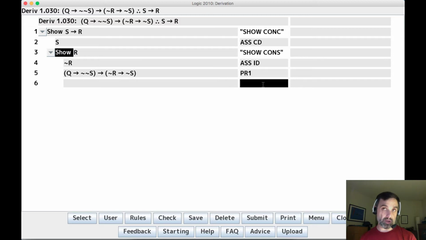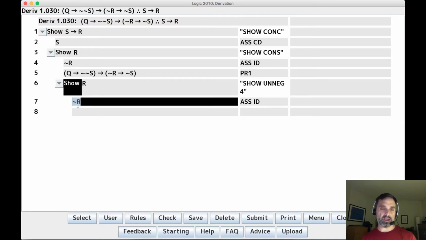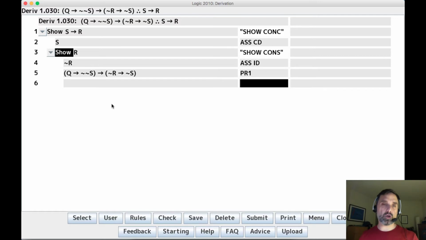We need to do a subderivation. Can we do show on negation? No, we can't, because there's nothing negated. Well, I suppose we could do show on neg of 4, but this gets us nowhere, right? We just get the same assumption over again, and so trying to do this subderivation is not going to help us. In general, you want to do show on negation only of complex negations, like a double negation, or more importantly, of a negated conditional. It's really of a negated conditional when you want to do show on neg. Okay, so